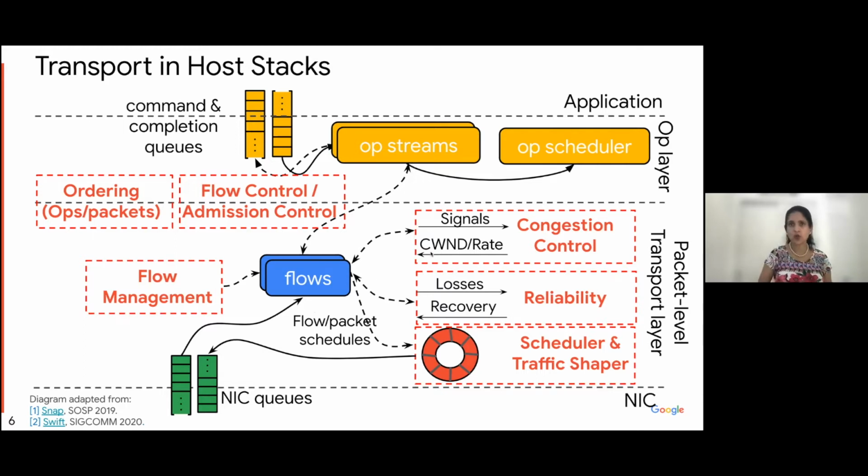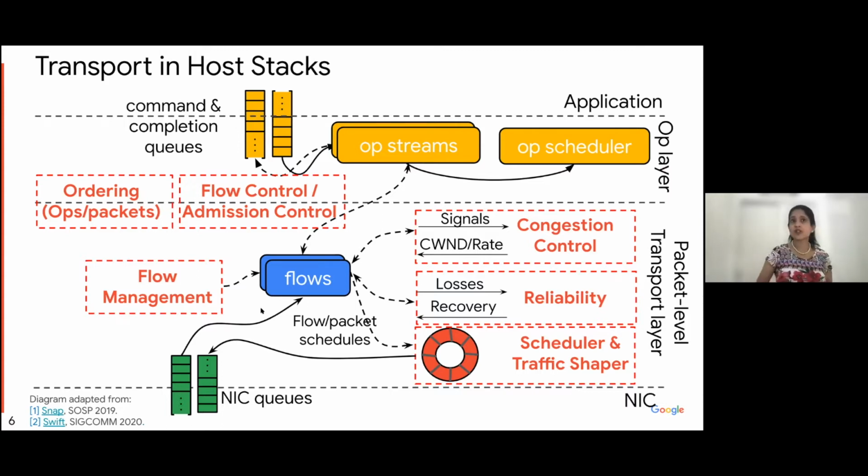Congestion control, which modulates the rates at which a flow is going to space out traffic. Reliability engine, which determines which packets are lost and in what order packets or retransmissions need to be made in order to achieve 100% recovery. Scheduler and traffic shaper, which actually comes in a few different contexts in terms of scheduling not just packets, but also flows and even higher level operations.